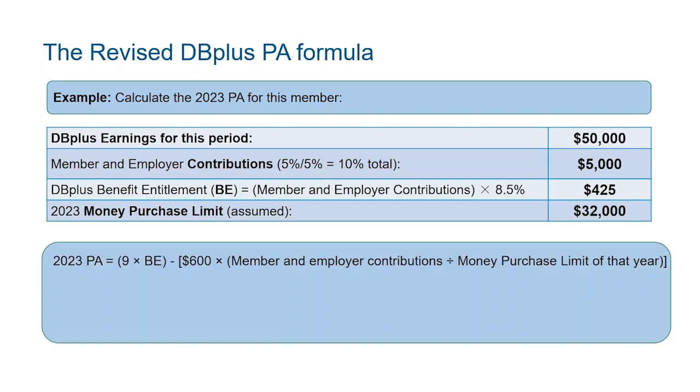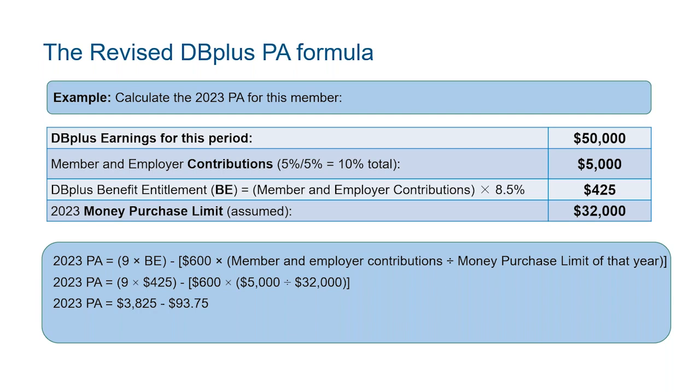So let's take our DBplus PA formula, 9 times the benefit entitlement minus $600 multiplied by our proration factor of member plus employer contributions divided by the money purchase limit of that year. Once we enter our values, we get 9 times $425 minus 600 times 5,000 divided by 32,000. Once you do the math, that is